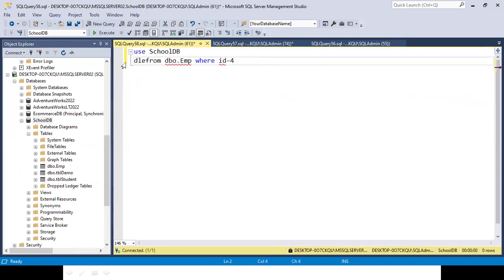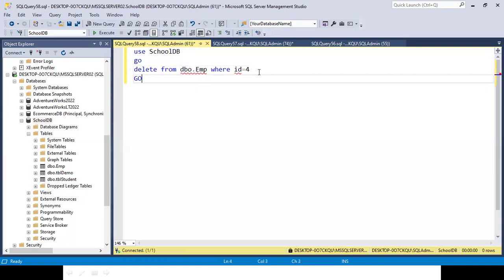You got my point? If I execute, the problem will be sorted, but I will not do this one. We have to go a different way. I don't want to republish because the data is already there. So we have a second method: how you can delete a command, basically.